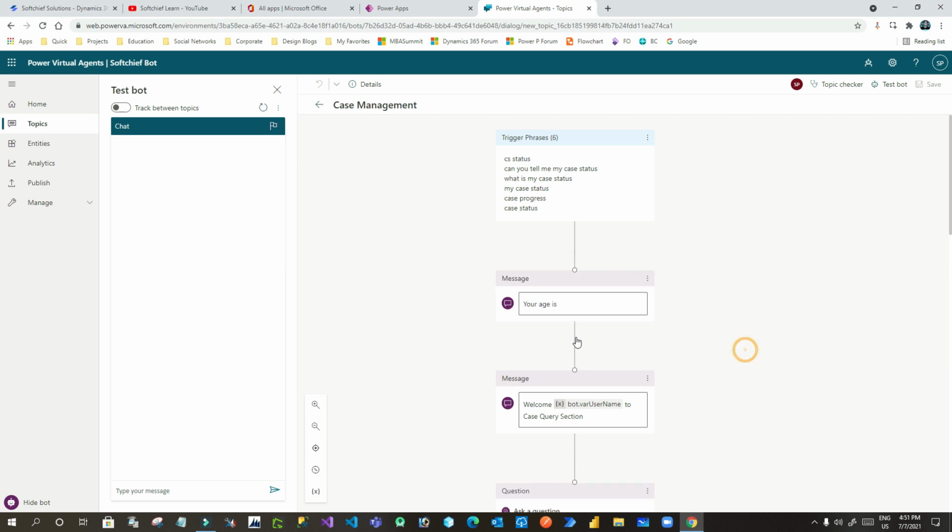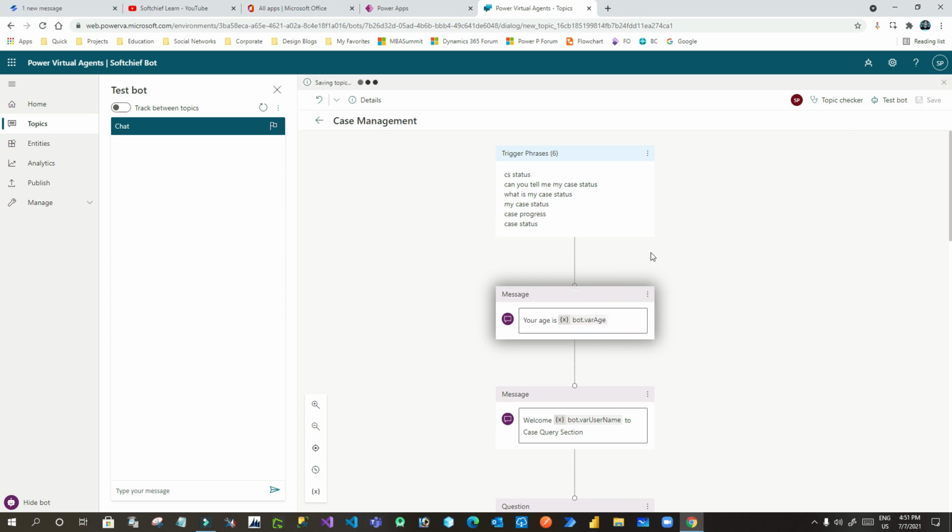If you click on this variable drop down, you can see the variable age, right? Now I can use it. So you can use a variable from another topic in a topic if you make it global scope. Now you can save it. Now if you test, it will give you the options, right?